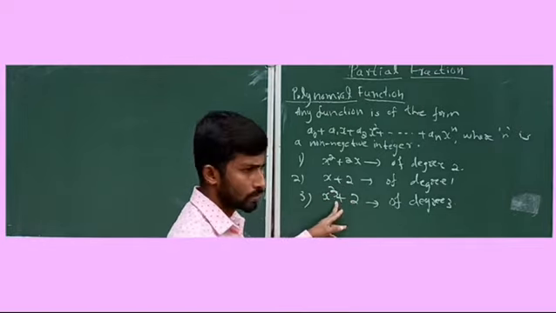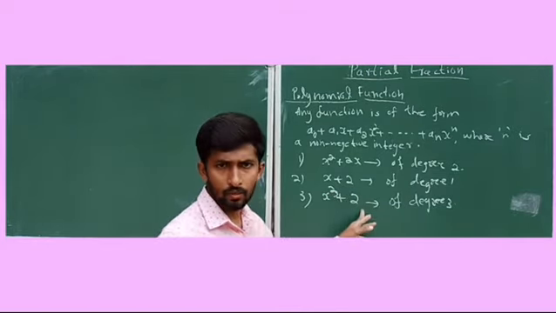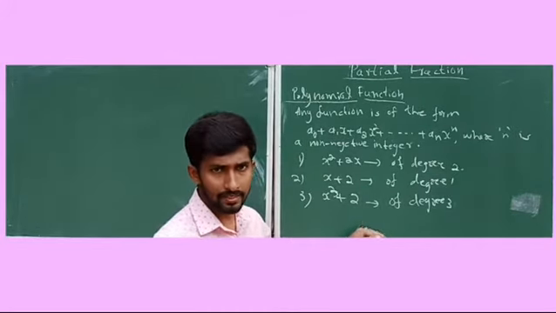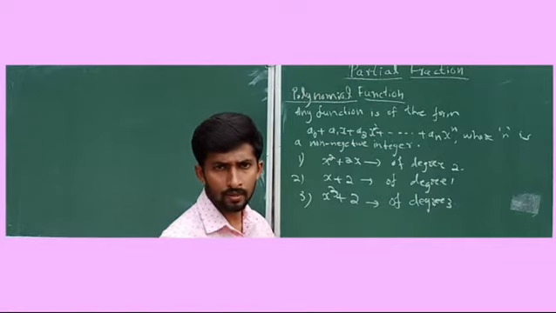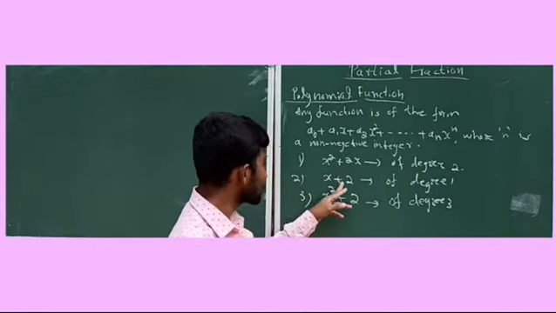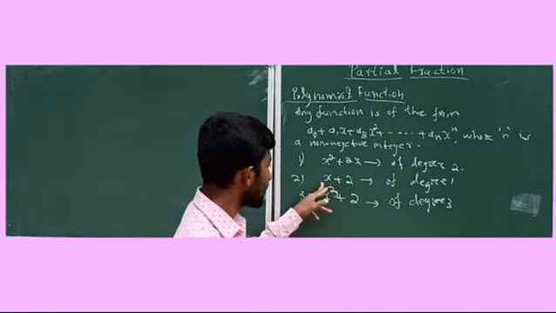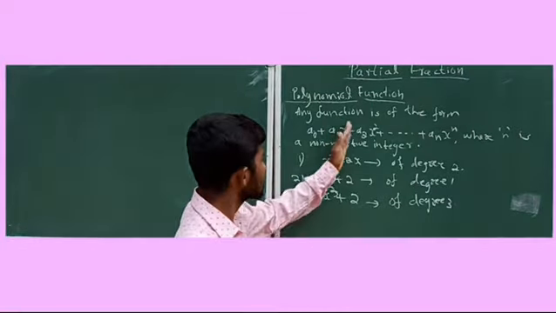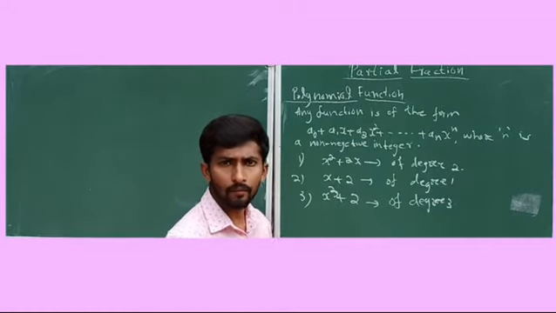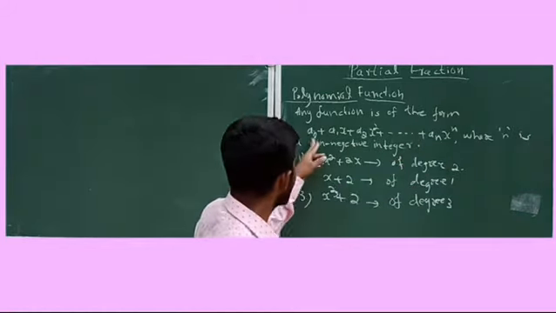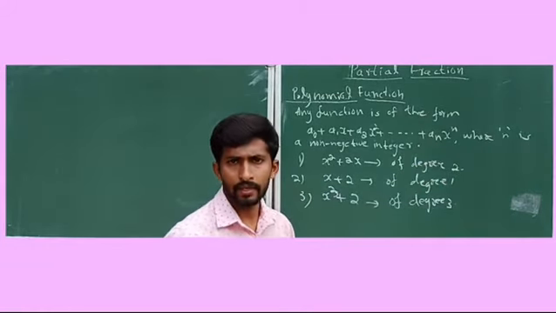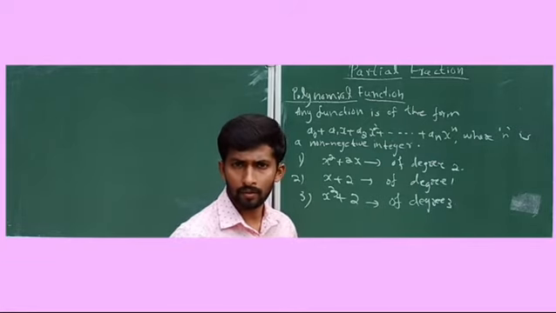Here see only x cube is there. There is no x square and no x. That means the coefficient of x square is 0. The coefficient of x is also equal to 0. 0 into x square is 0, 0 into x is 0. So only x cube plus 2. Let's see x plus 2 is there: a0 plus a1x is there. Other terms are not there, which means a2, a3, up to an values are equal to 0. Therefore a polynomial function of degree n is of the form a0 plus a1x plus a2x square dash dash an into x to the power n. That means the highest power of the variable is equal to n.